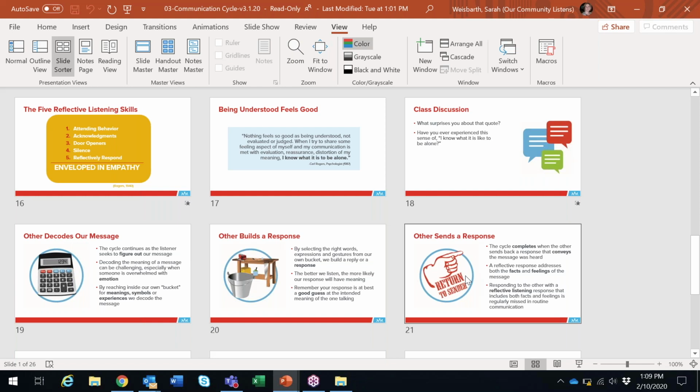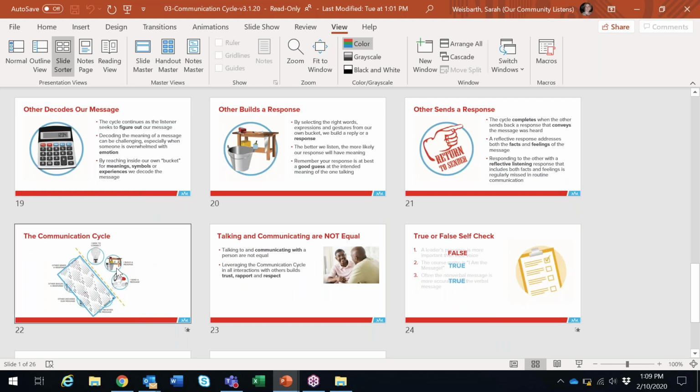we're learning. We then shift into decoding all of the information, and you guys have already been talking about that, like what is the information that we're collecting and how we decode a message, and then build that response back, and then we send it with those facts and feelings. And this is a spot that then we can also highlight that we'll be delving more into this tomorrow in the reflective listening module.